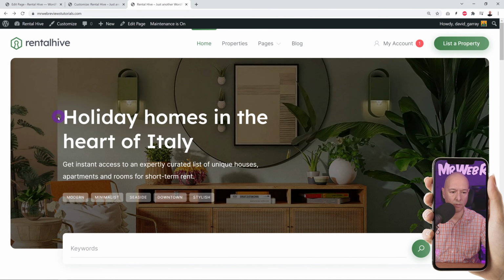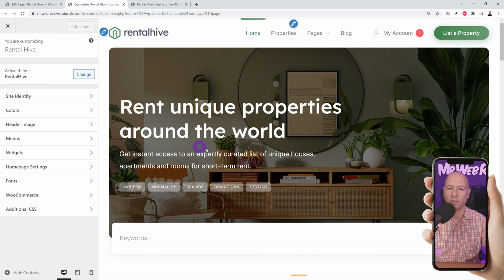As you can see, now our text is changed. So clearly, if we are renting holiday homes in the heart of Italy, maybe we might want to change this background picture, obviously, because that's not really representative of what it's like and where we will be spending our holidays maybe. Okay, so what you want to do is to change that picture,